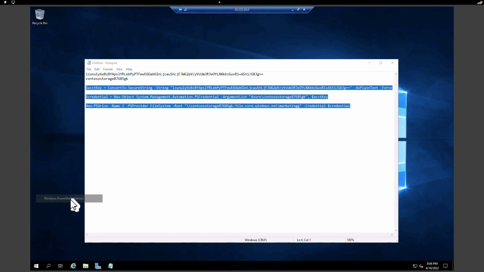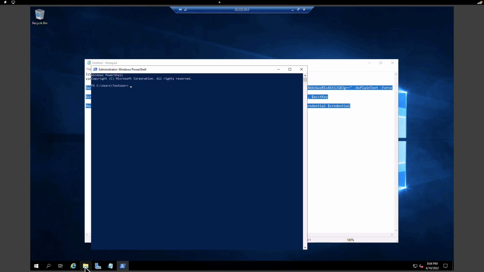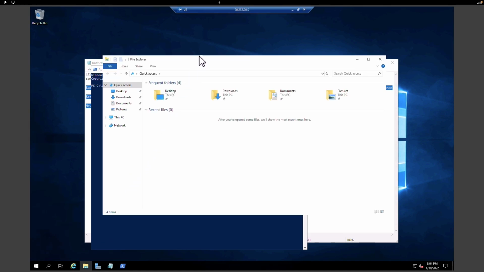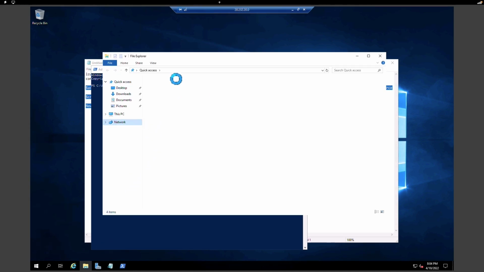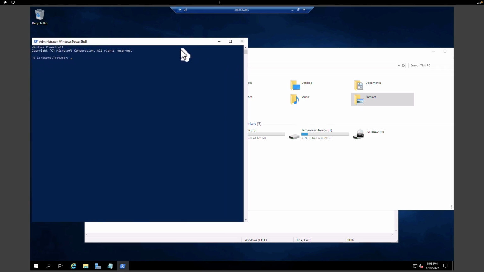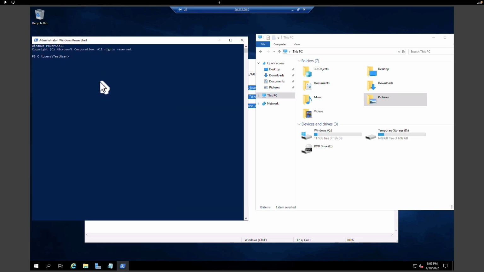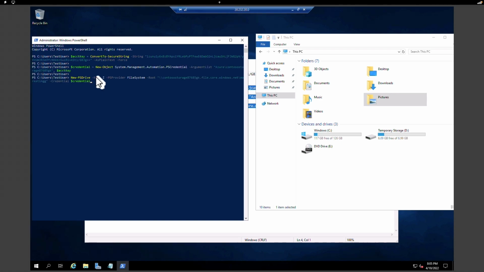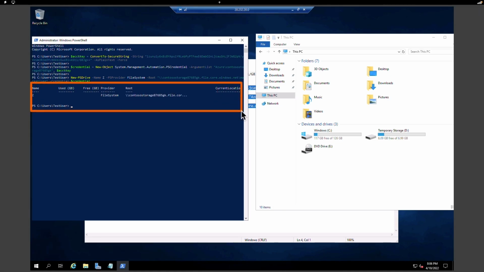and open the PowerShell. We are going to mount this storage account to this virtual machine. We don't have any network drive at the moment. If I click on This PC, you can see that there are only two drives: one is the C drive and another one is the temp drive. What we are going to do right now is try to map this newly created marketing drive onto this virtual machine. All right, we got a confirmation that we were able to map it, so we didn't get any error. That means we have access to the storage account from this virtual machine, which is placed in